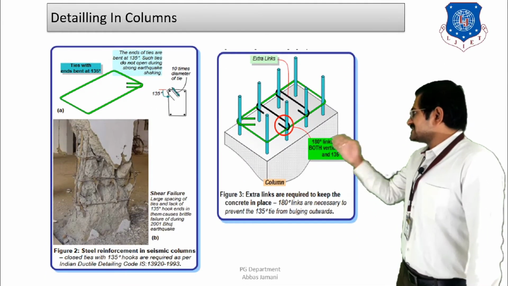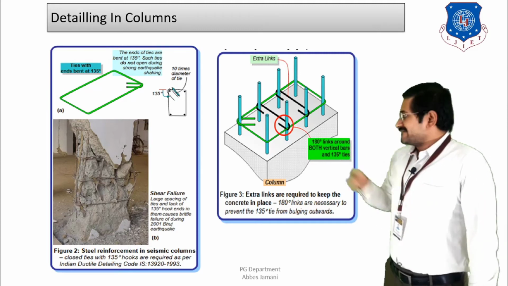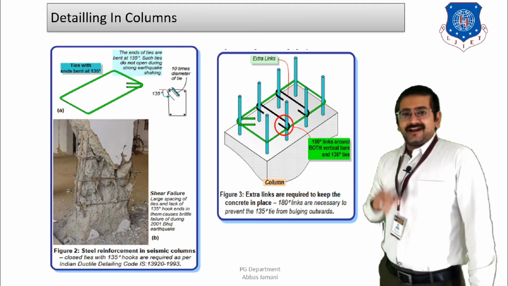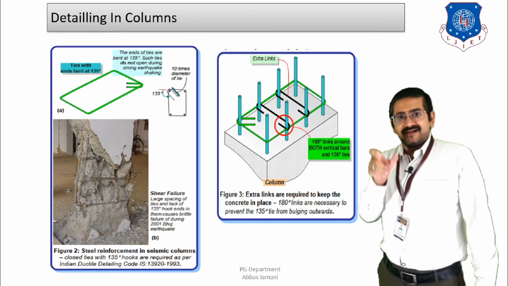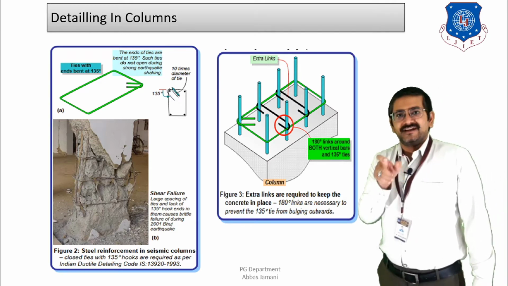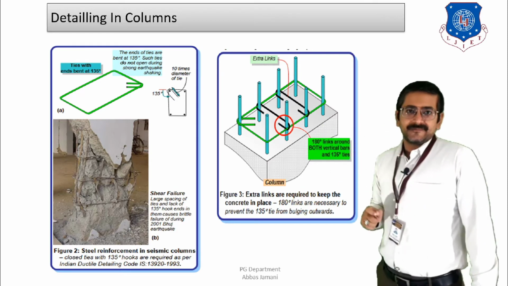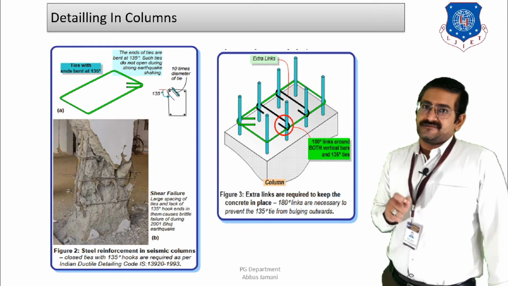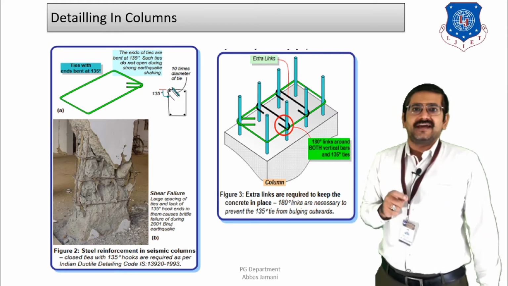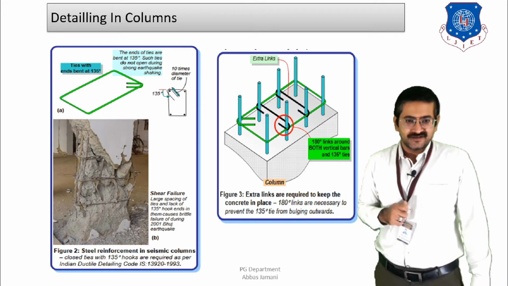As you can see in the figure over here, the diagram of a single closed stirrup is provided, where the entire stirrup is shown. Along with that, the 135 degree hook is also shown, and the length of the hook is shown in the diagram as 10D, but that was as per the guidelines of IS 13920/1993. In the new guideline, the dimension is revised from 10D to 6D, and 6D or 65 mm, whichever is greater, right? When this is done, the buckling or the bulging of concrete can be avoided, and the shear resistance of the section can be improved.